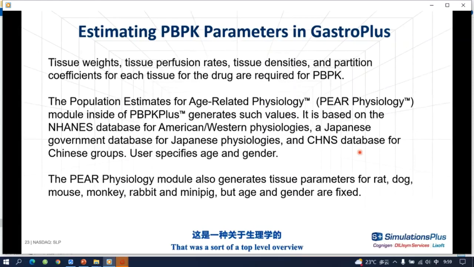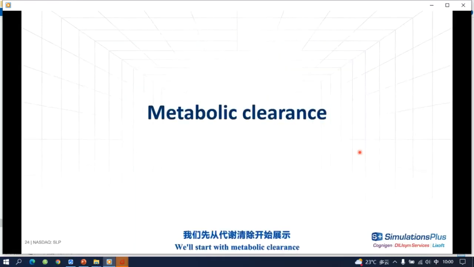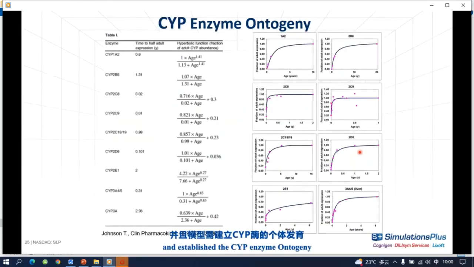So that was a sort of a top level overview on the physiologies. And now we are going to spend a few minutes talking about specific mechanisms. How we would be scaling specific mechanisms responsible for clearance or distribution of the compound. We'll start with metabolic clearance, and quite